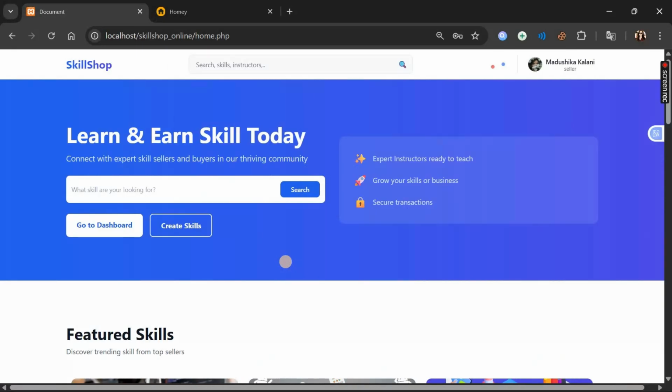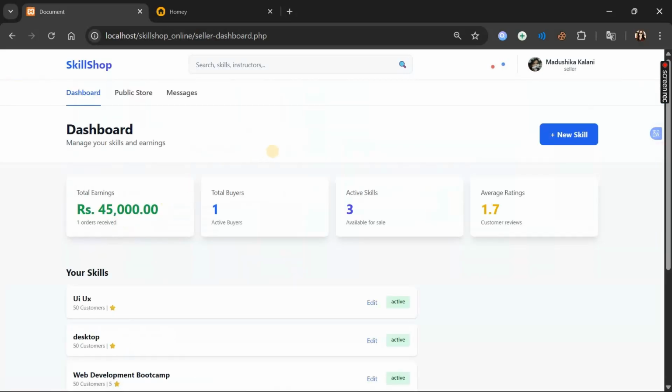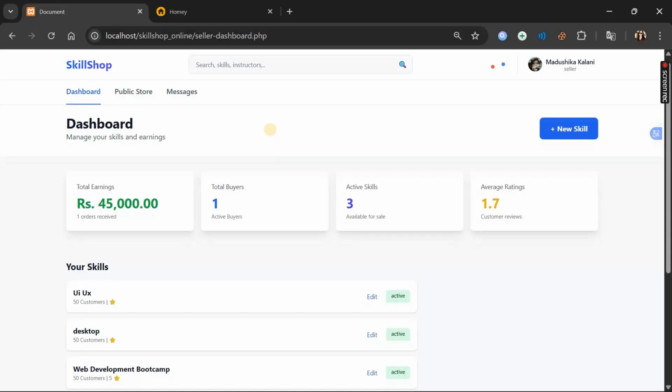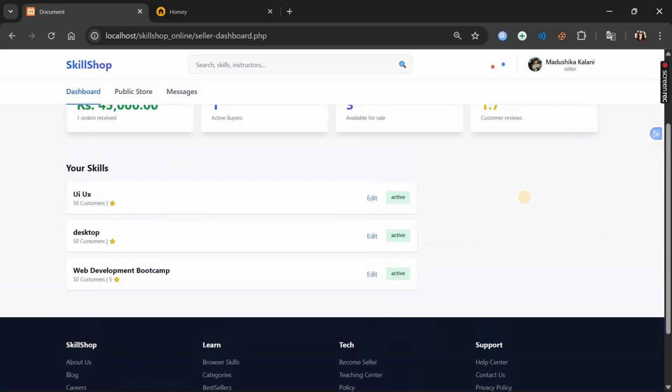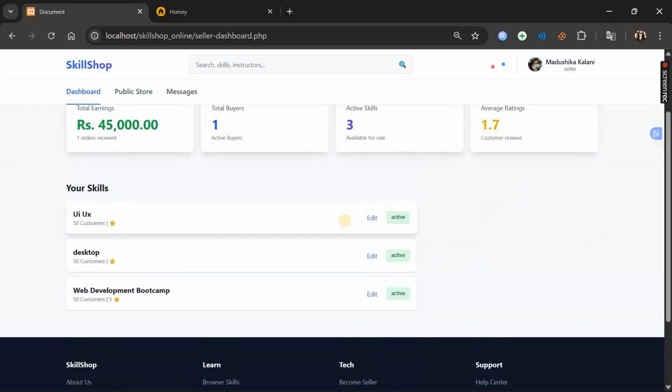This is our website. I click this go to dashboard button. I log in as a seller so I can see my dashboard. This is the seller dashboard. So I can see our skills. At the top of our page you can see dashboard and new skills button, total earnings, total buyers, active skills and average ratings. If I want to change my skill, I should click this edit button